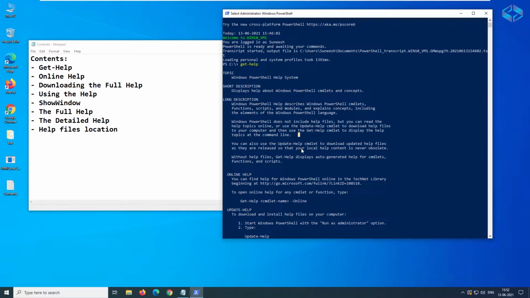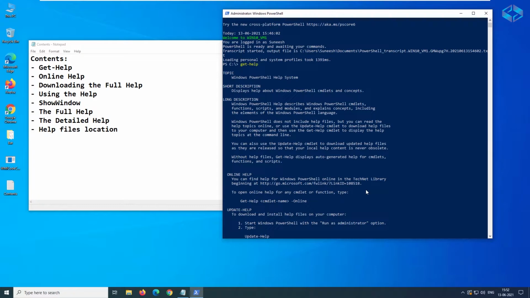The help files come along when the OS or the module is installed, and they are not the up-to-date help files. So when you check the help, try to use the online version, or update your help file content once in a while,